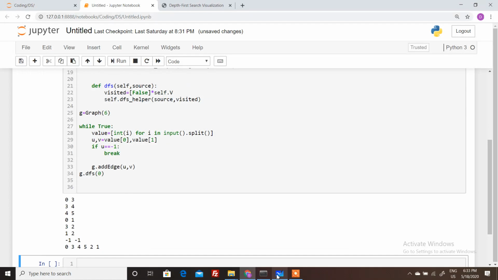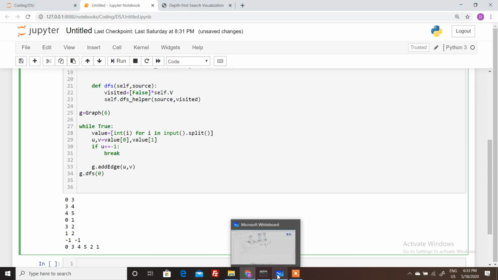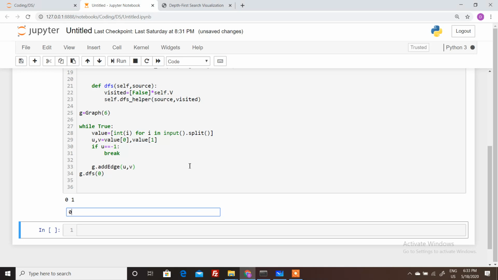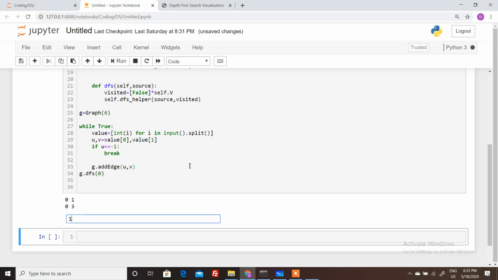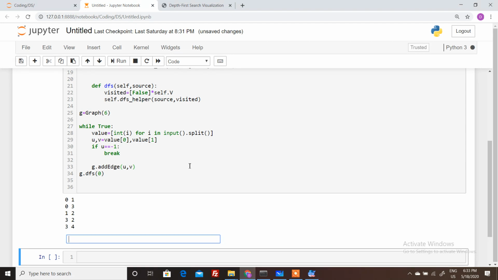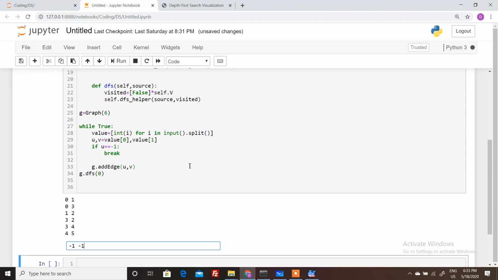Let's create the same graph, but by taking different input. So let's say 0, 1 first, then 0, 3, then 1, 2, then 3 comma 2, then 3 comma 4, then 4 comma 5, and then minus 1 minus 1. Here we can see that the output is 0, 1, 2, 3, 4, 5. So obviously, DFS can give different answers.